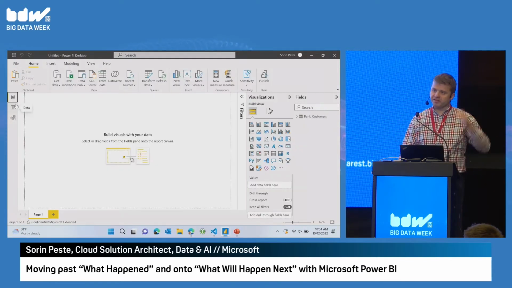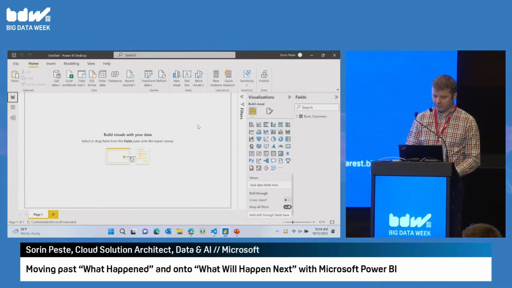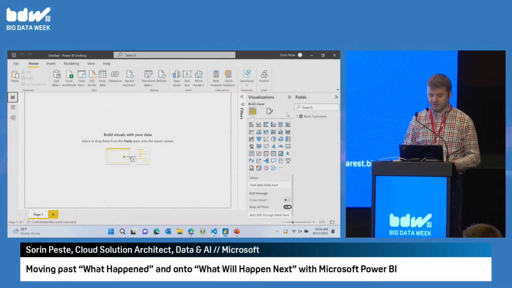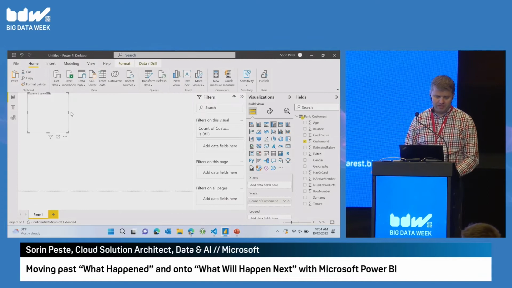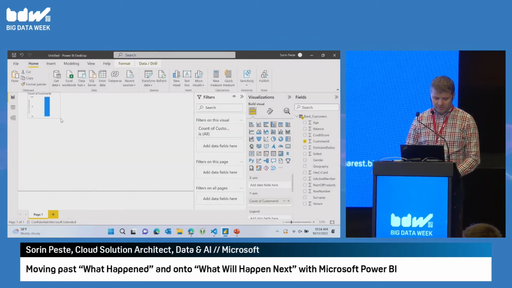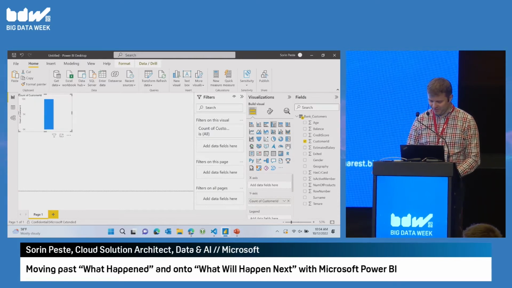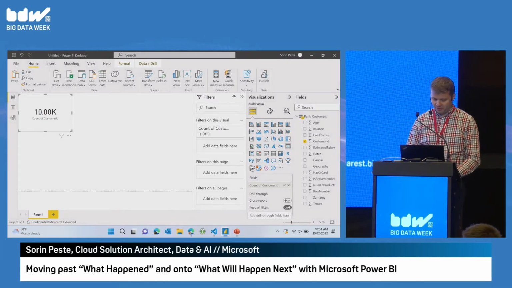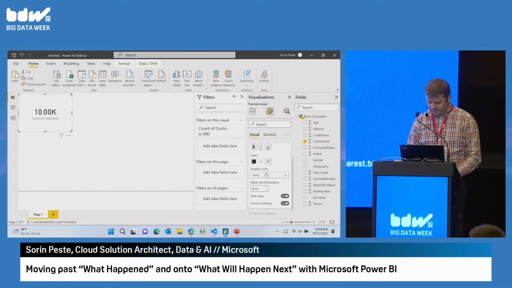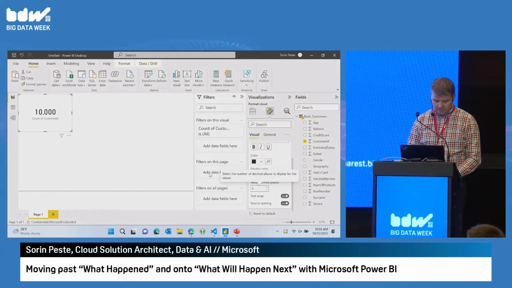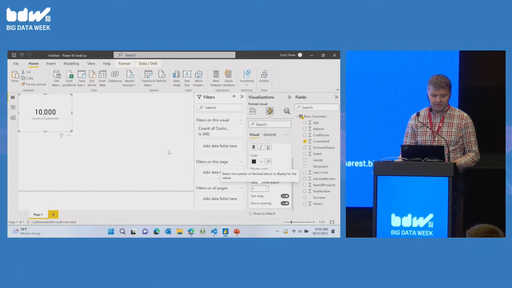Okay, so let's do step one very quickly. We can build a quick report to see what has happened with our customers. So let's see how many we have. We have this customer ID, which I'm assuming is unique. I probably shouldn't make assumptions, but I'm going to do it for this talk because I don't really have time to do anything more. I'm going to transform this into a card. There's 10,000 customers. Let's format this a little bit. The display units is probably better set to none. Okay, so about 10,000 customers, fine.